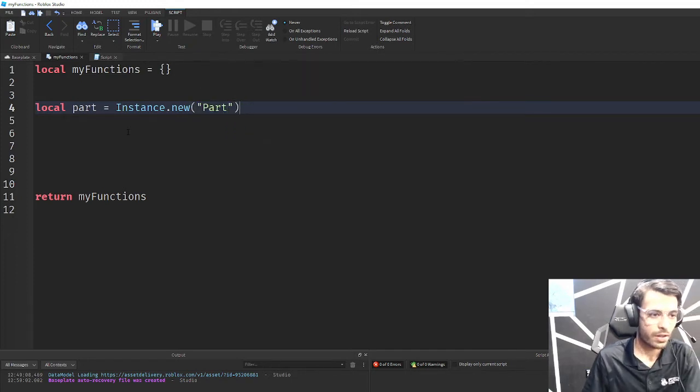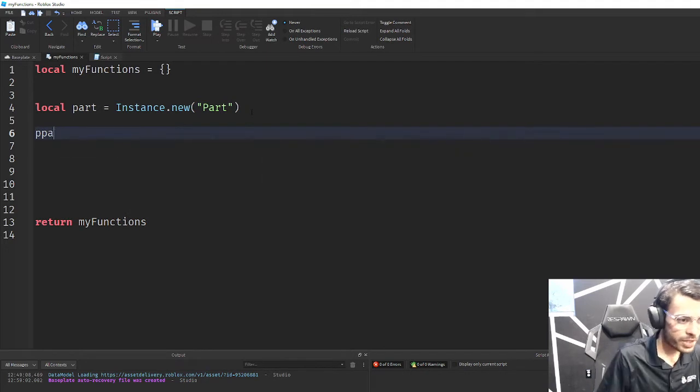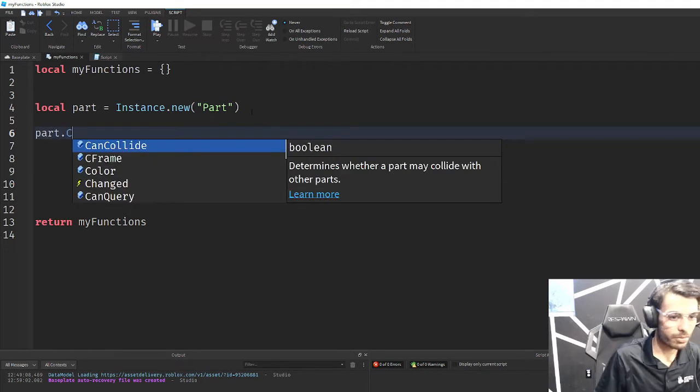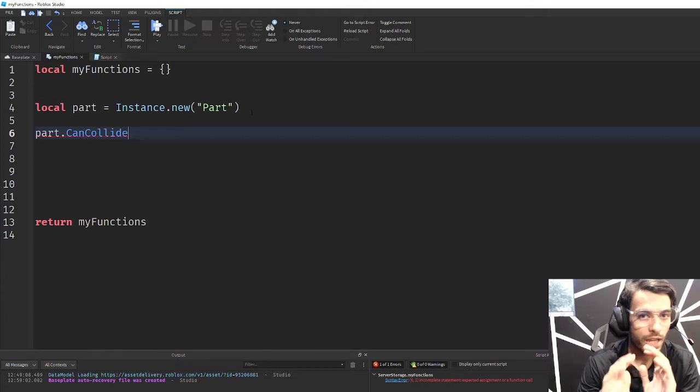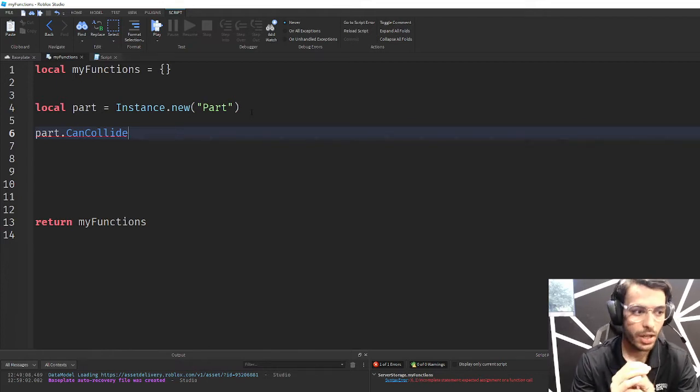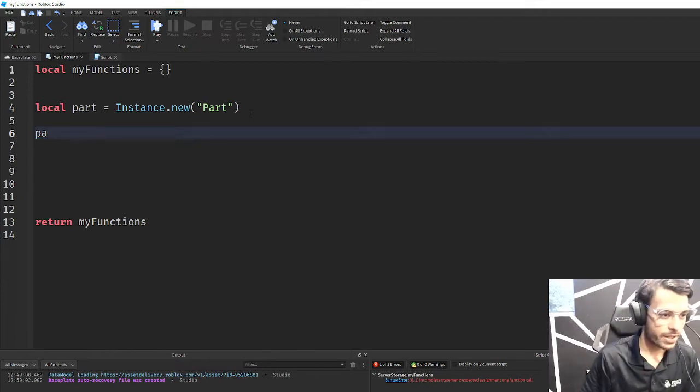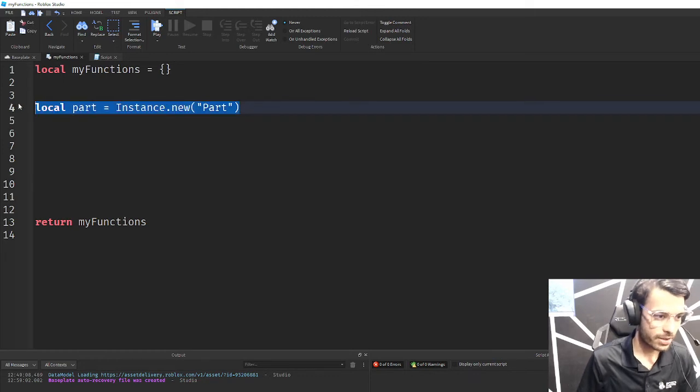This right here creates a new instance of the part object. Now, whenever I type part into my module script here, I will get the same autocompletion that I got inside of the server script. This is a technique I use a lot because oftentimes autocomplete helps you, number one, type faster, code faster, but number two, minimize typos. This is just a nice little trick I like to do. So I'm going to go ahead and do that nice setup here. Later you will delete this and we'll see how to